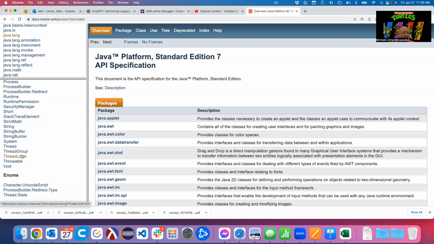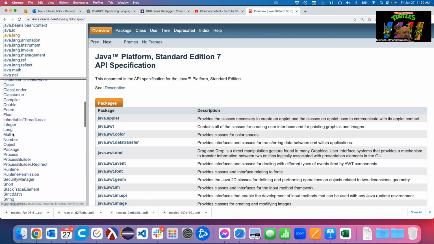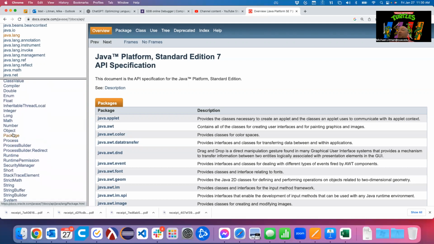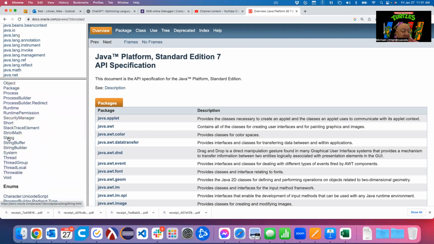All right. So now if I click on one of these, let's just click on strings, because pretty quickly here, we're going to be using strings because our player is going to have a name and that's a string, and strings, just like in C++, can do some stuff, right? Report their length, that kind of jazz. All right. So let's click on string.